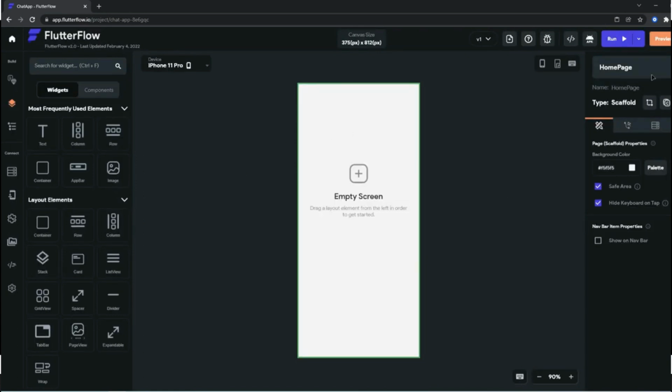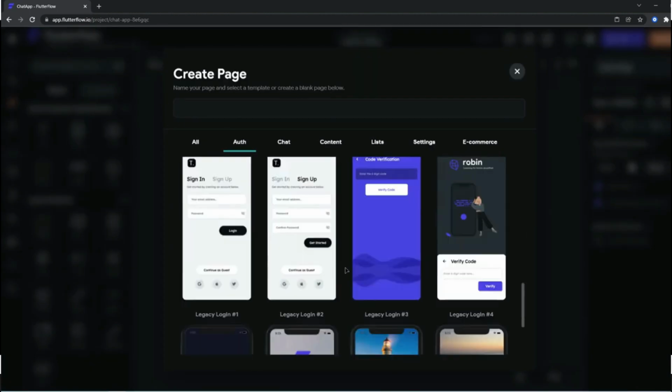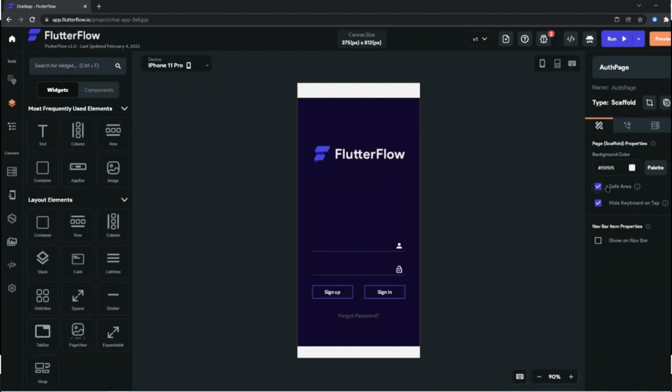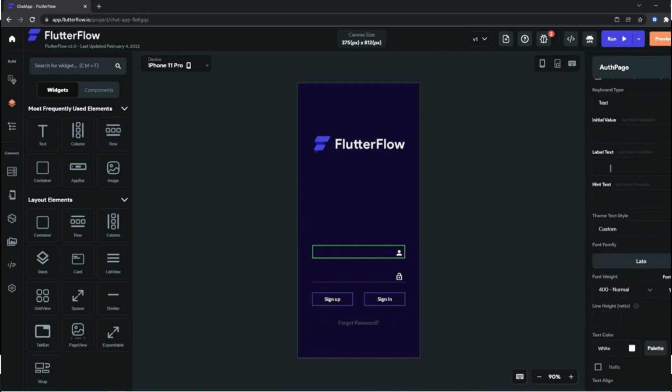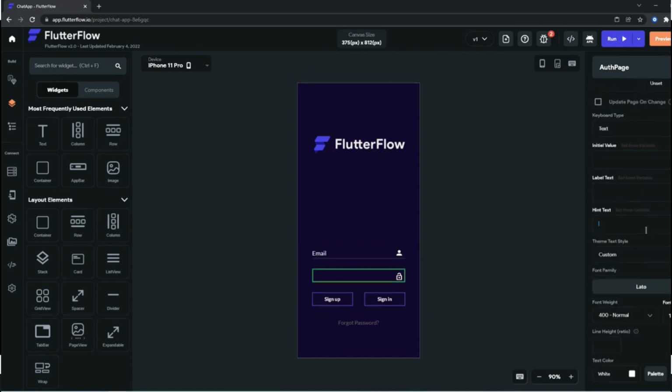So you need to go ahead and select the template. So this template looks perfectly fine for me. And after that, this will be the first page for you, which will contain email and password. So you can rename that with the help of label text and hint text right over here. And after that, you need to basically jump into our second page, which will basically be the list of all